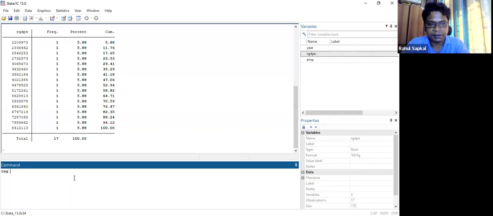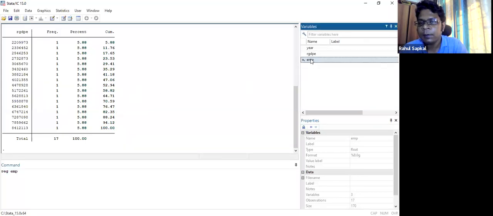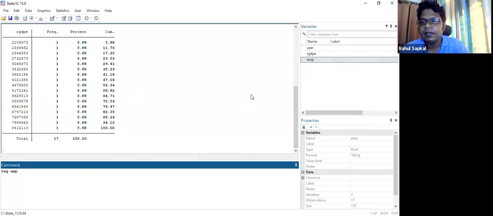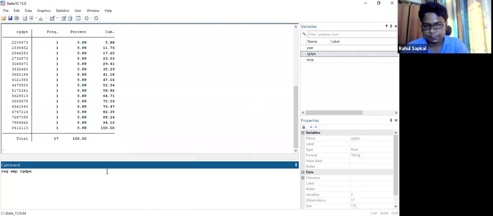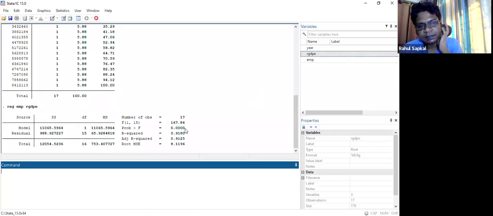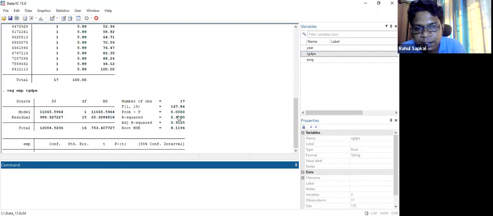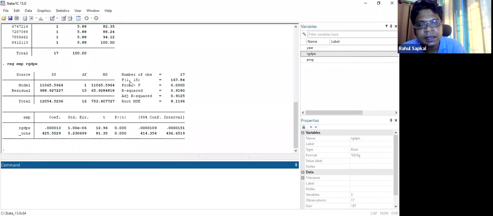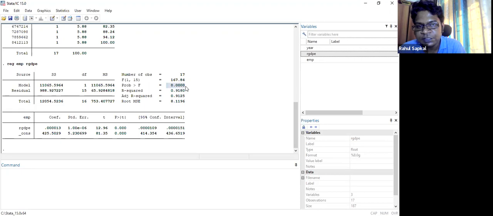Okay. It will also show me the regression equation what we have studied. So here my y variable is my employment, my independent variable is my GDP. I will just copy and you will see the results. So there are a total number of 17 observations. My F value is 167. Here we use probability value, not the Z test. So probability value is 0, it means it is a good sign. And my estimated coefficient is 0. So it is showing it is positive, but the effect is not significant.